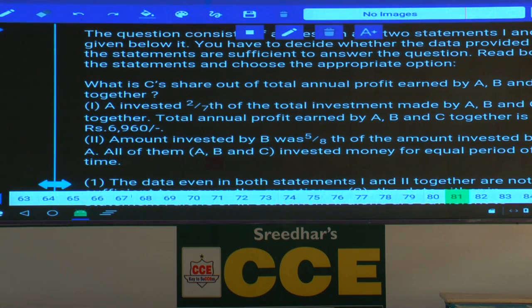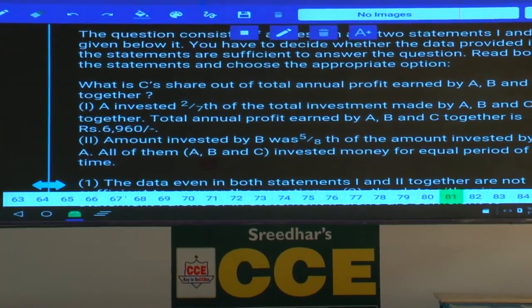6,960. Out of 6,960, A should get 2/7 because he is investing 2/7. Next, is this sufficient to answer the question? Your question is about C. If it is about A, you can answer here. Next,